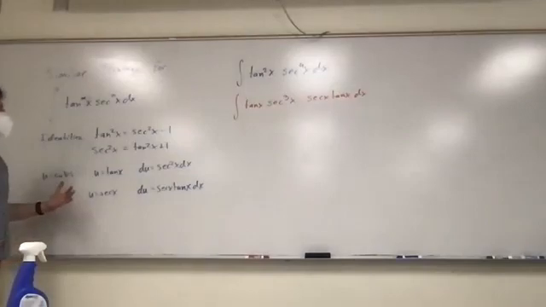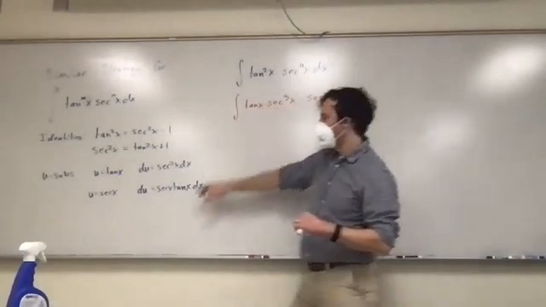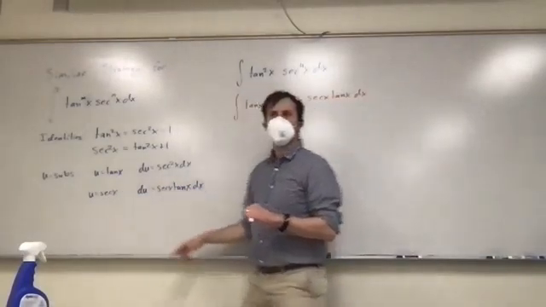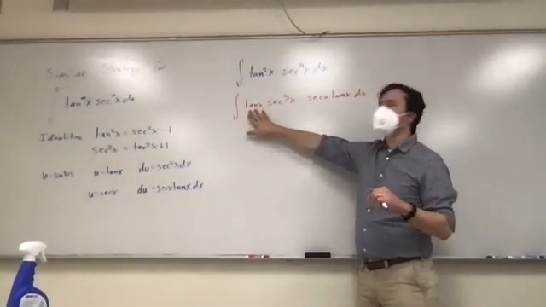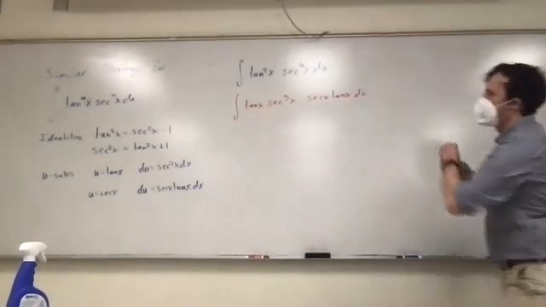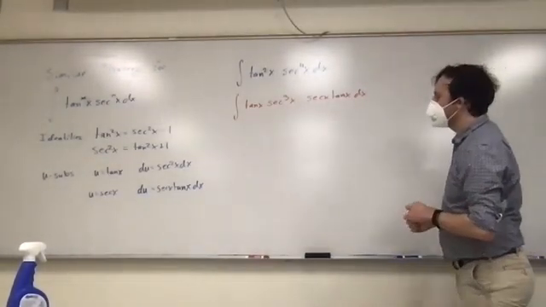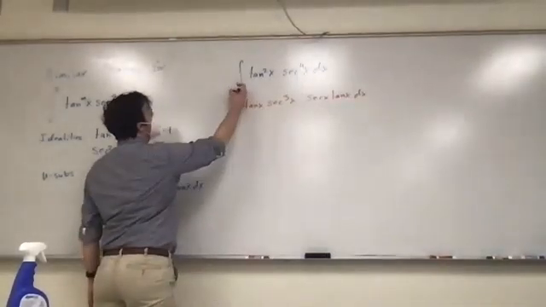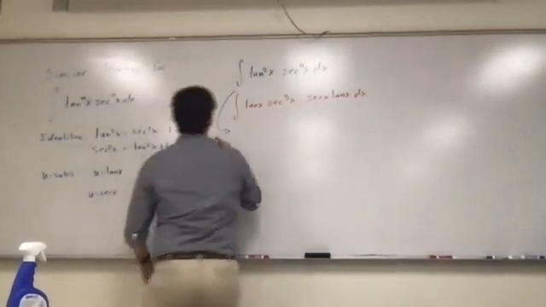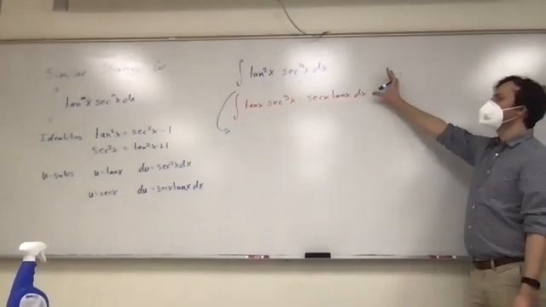So if that's what you decide to do, you're kind of stuck because you need everything else to be just secants in order to get this u substitution to work, and it's not going to happen. This one tangent, you're kind of stuck with. And so we'll go the other way. So skip over that. It is true that these are equal, but it's